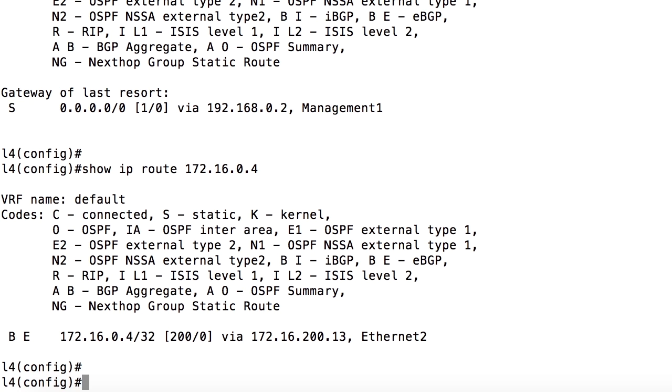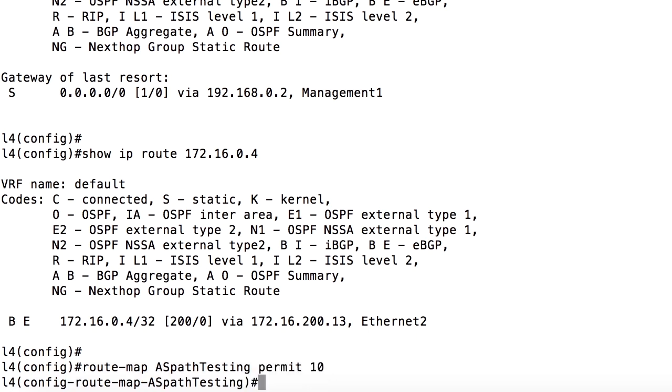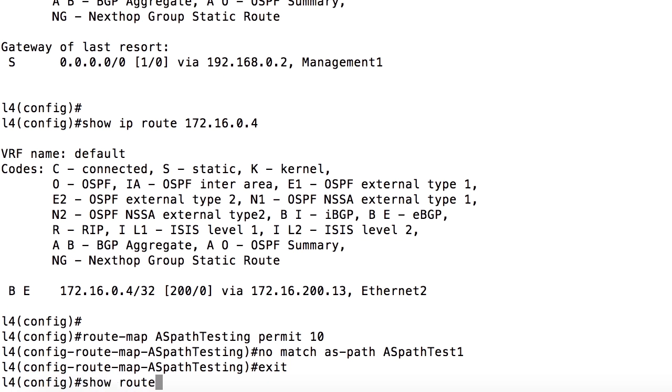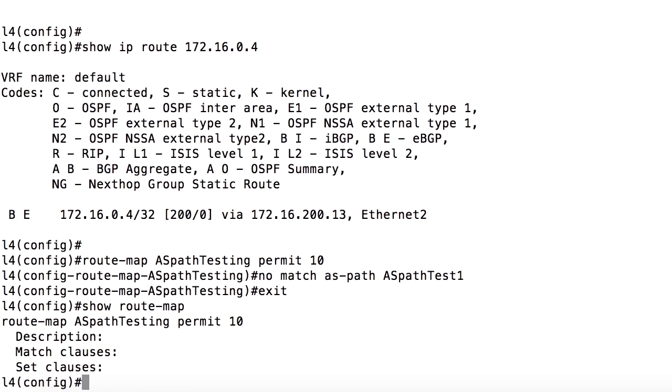200.13. Let's go in and edit our route map, route-map AS path testing, our permit 10 statement. And here we'll do a no match as-path AS path test 1, enter. And in its place, we're going to put in AS path 2. Let's exit out of this and make sure it's gone. Show route-map. And we see indeed we still have our route map with our permit 10 statement, but currently no